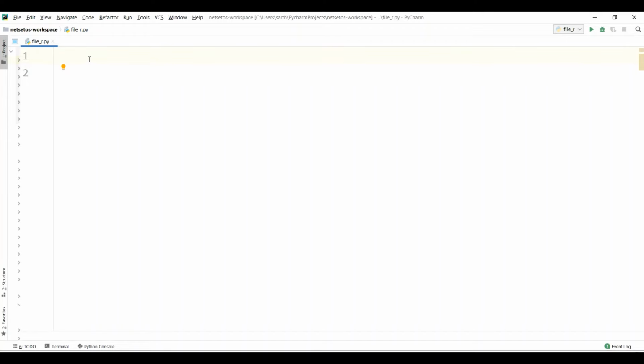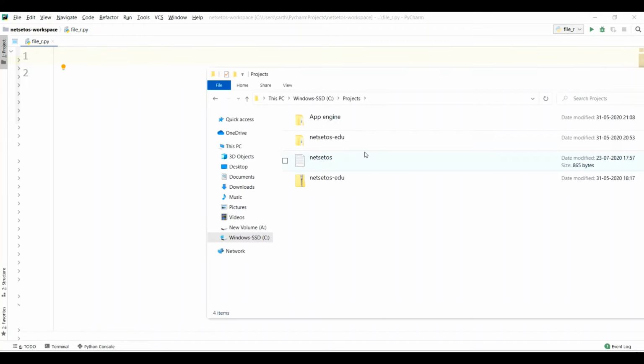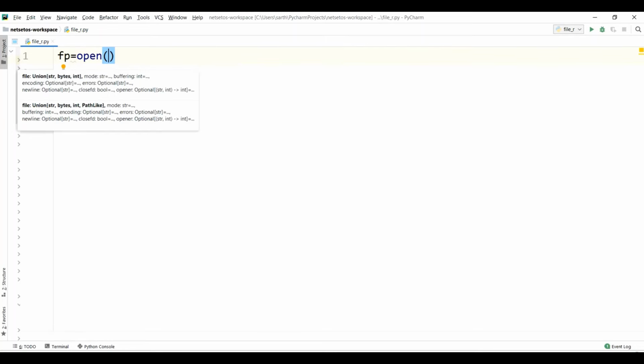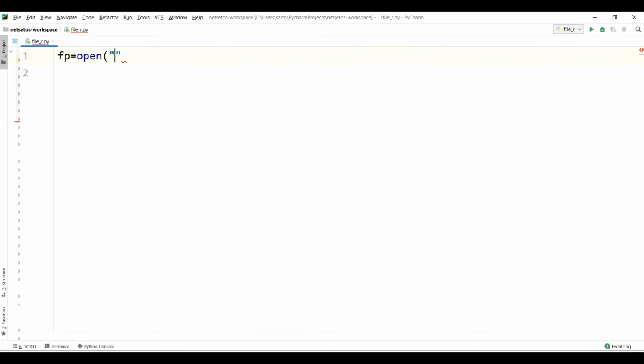For this, I have a text file over here with the name netset.os. I'll copy this address and start writing a variable fp is equal to open. First I need to open the file, and here with an apostrophe I'll paste the location where my file is.